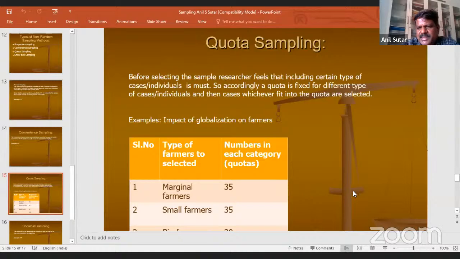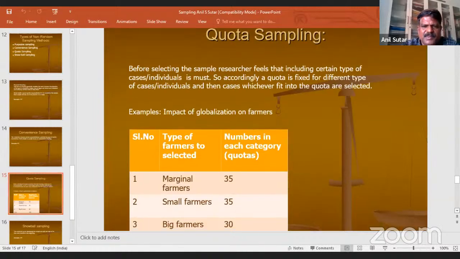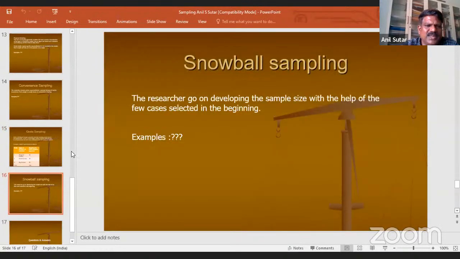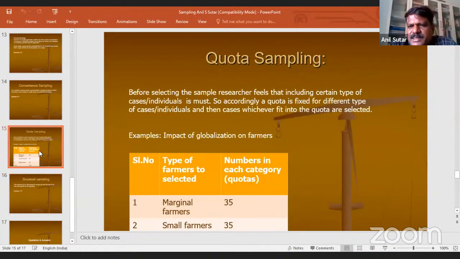Now here is a case of quota sampling. As I told, in case of small farmers, similar is you can think of, that was random sampling, but in a non-random way. If you want to study different groups, like for instance, you can even take the example of this